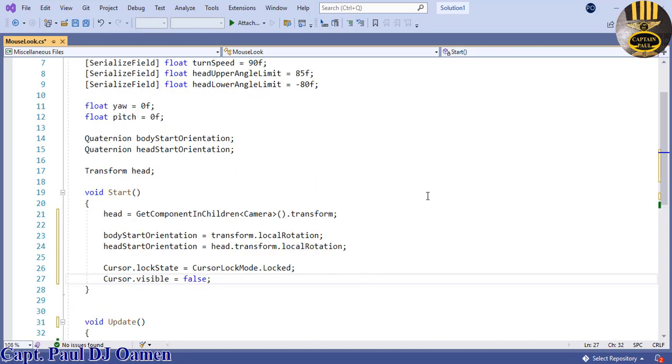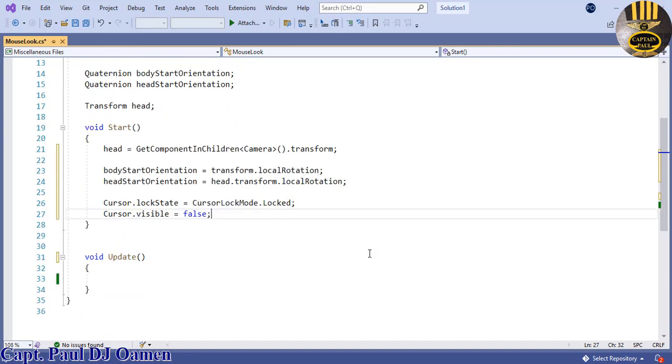Now the next thing we want to do is, anytime the physics updates, we have to use FixedUpdate to keep in pace with the physical simulation of the object. So to do that, this function, we change that to FixedUpdate. And right in here, the very first thing we want to do is so that we can read the current